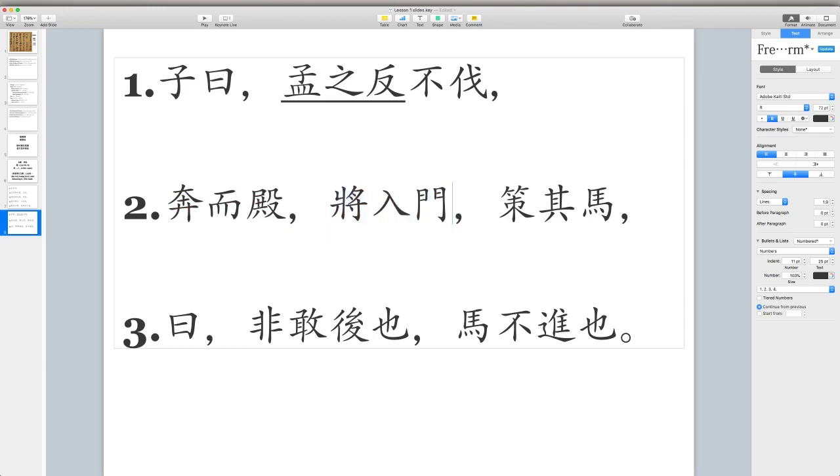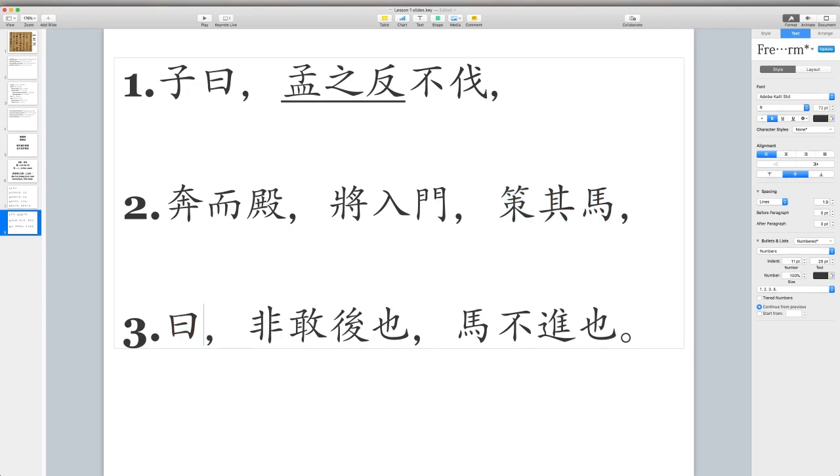將入門, so 入門 just means to enter the gate, right? Not a door here, a gate. Probably the city gate as he's retreating from battle. So 將, and we'll see this several times in the course, 將 just means to be about to do something. So 將入門, as he was about to enter the gate, 策其馬. So again, like I said earlier, 其 is sort of a possessive. So usually translate 其 as his, hers, or its, right? So he whipped his horse, 策其馬,